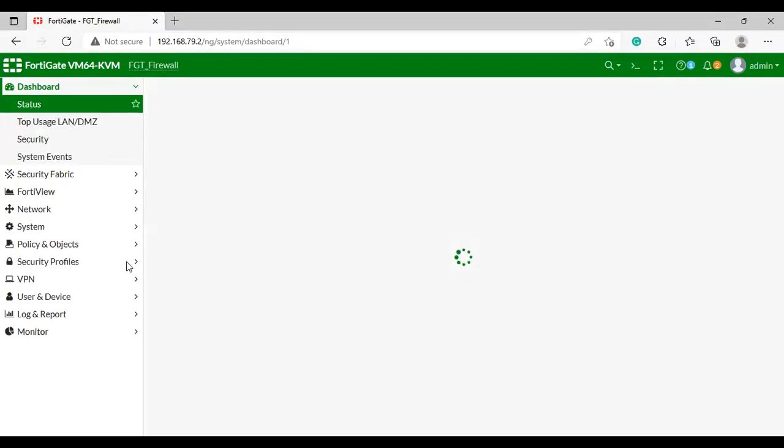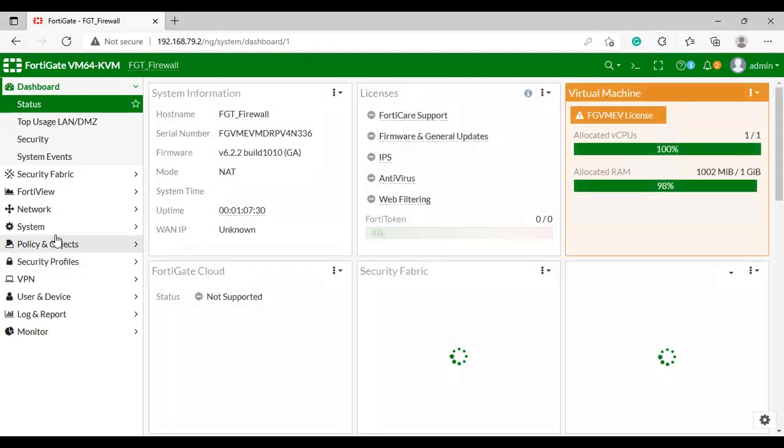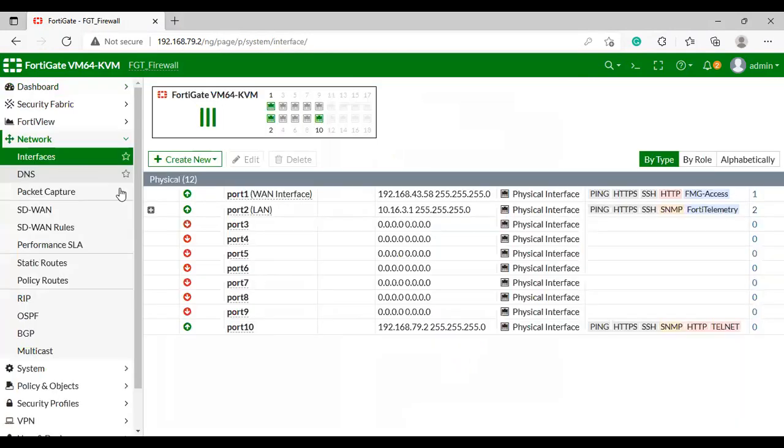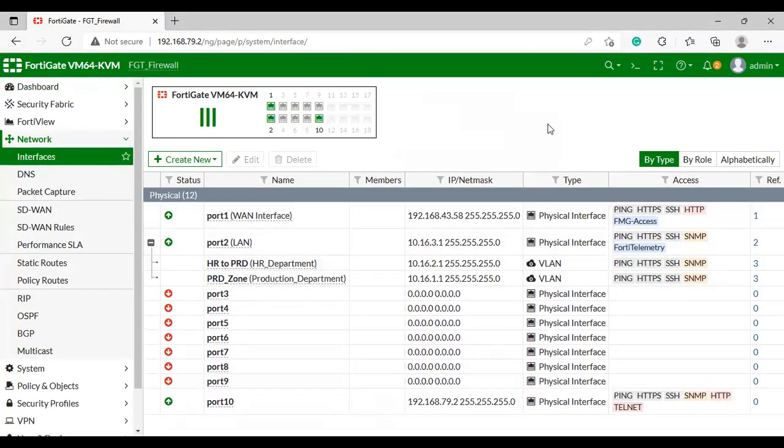Remind me later. First of all, I will show you the interface IP addresses I have assigned on the interfaces. As you can see, port 1 and port 2.